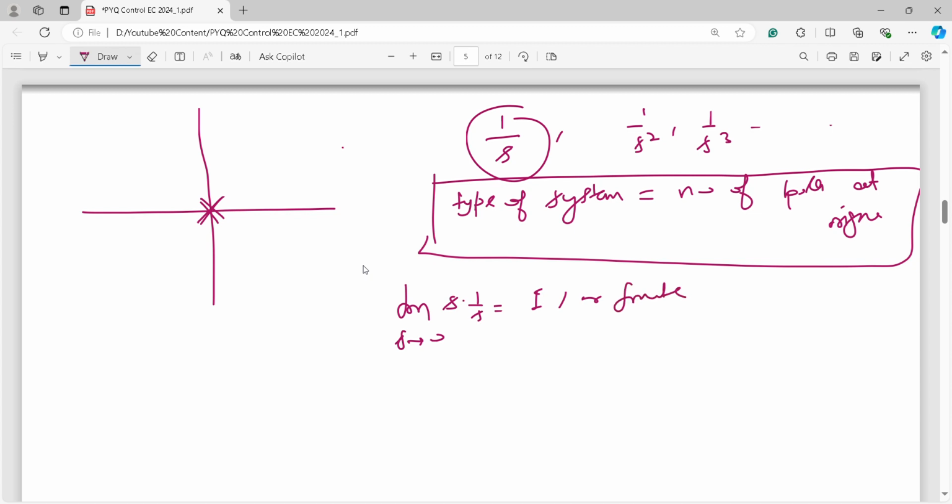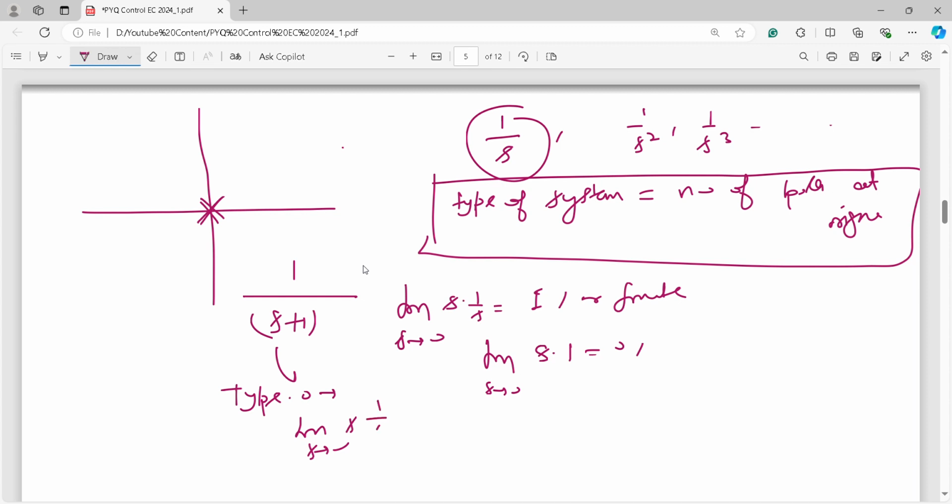So in the case of a type 1 system, it gives the finite value, and if you take a type 0 system like 1 by s plus 1, then it will give the 0 value. Okay, type 0 gives the 0 value,